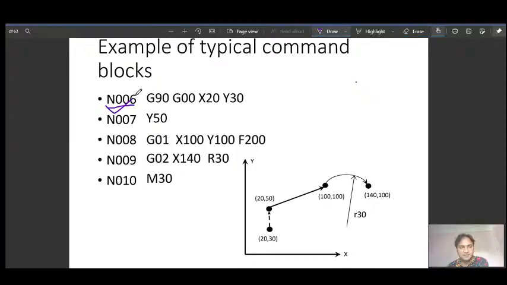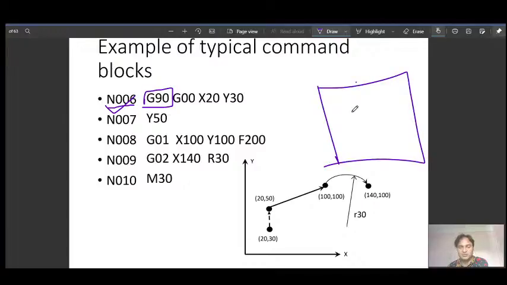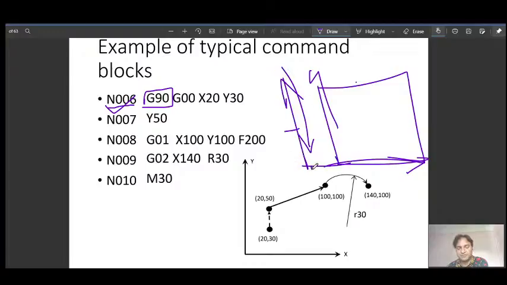N00 is the block number, G90 absolute coordinate system. It means whatever the coordinate system of the machine is, we are using that coordinate system. Each machine table is specified: this one is X, this one is Y, and vertical is Z. Plus Z is up from the table, and minus is the downward direction.